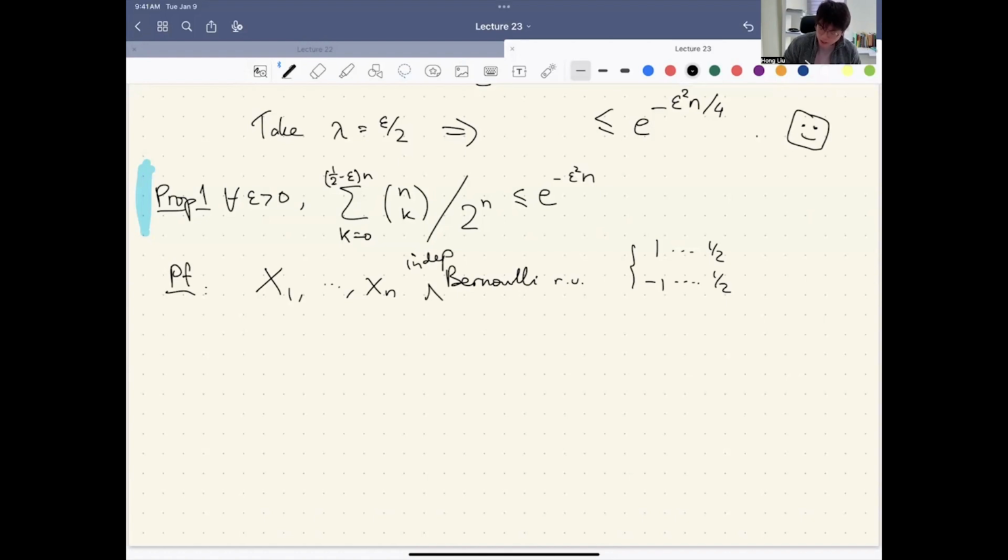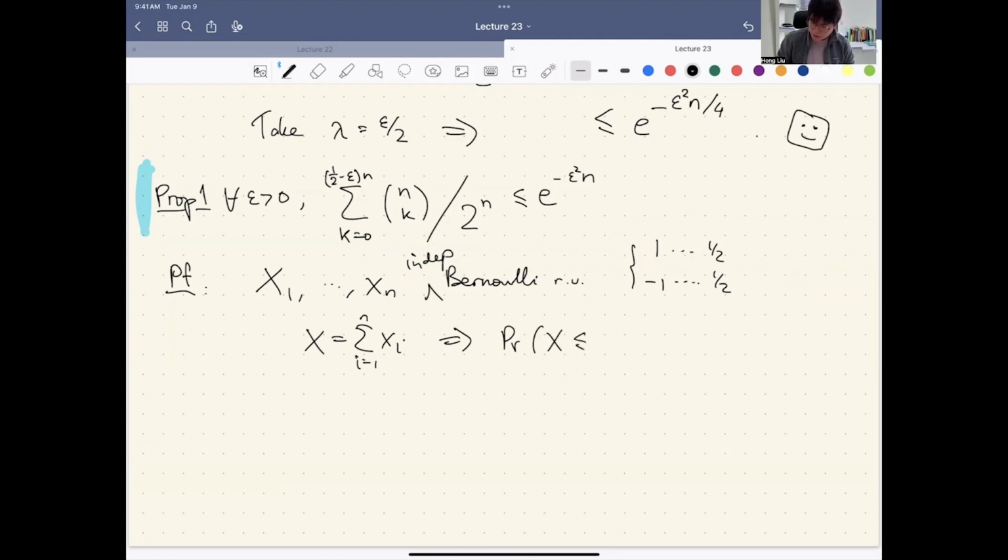I forgot to say independent Bernoulli random variable. So we have the independence, we have mean 0, we have the absolute value is bounded by at most 1. So everything is satisfied. Let x to be the sum of xi, 1 to n. Then we have the above theorem that x is